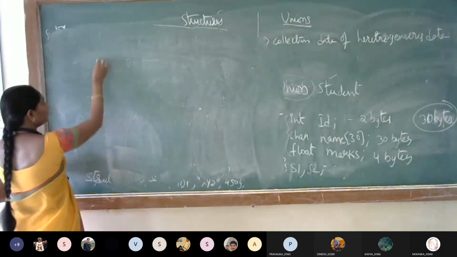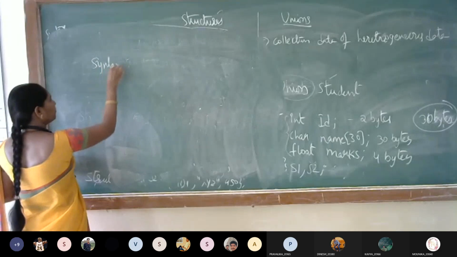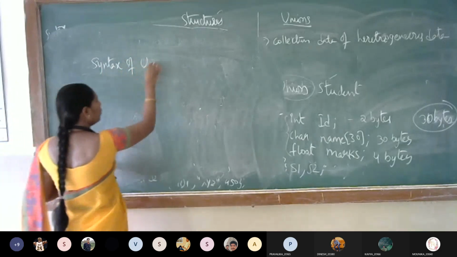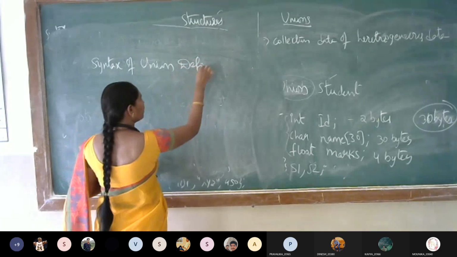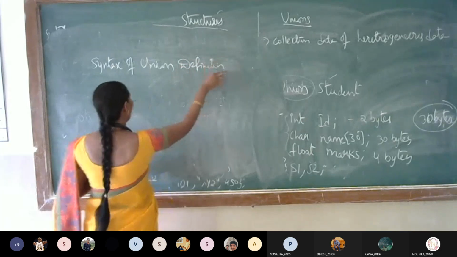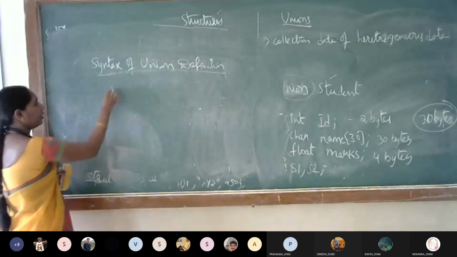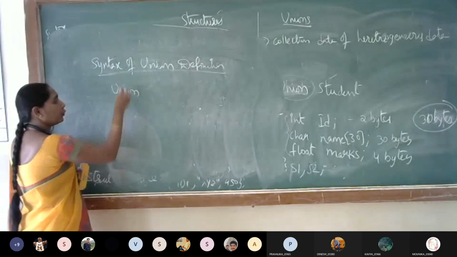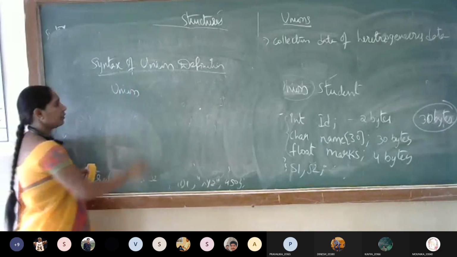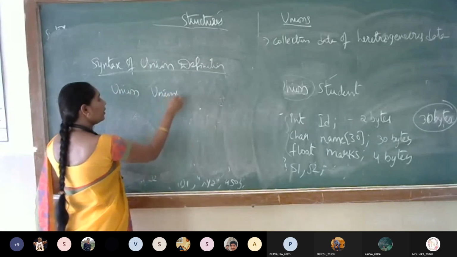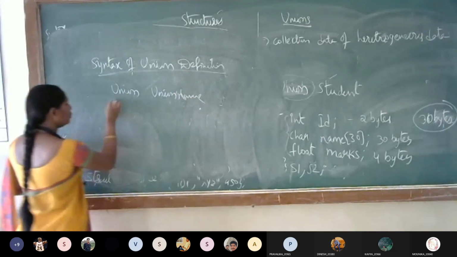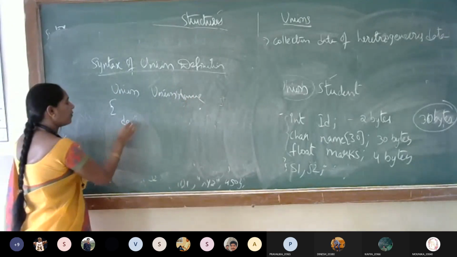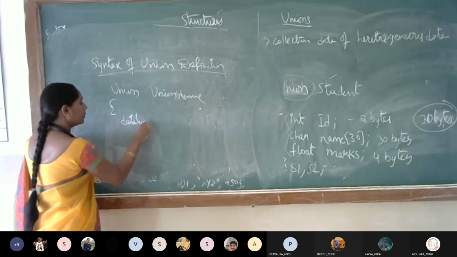ఎట్లా చేస్తాము syntax of union definition. ఓకే, ఒక యూనియన్ ని డిఫైన్ చేయాలి అని అంటే, first you need to write the union keyword, then specify the union name, then start with opening flower braces, then specify data type